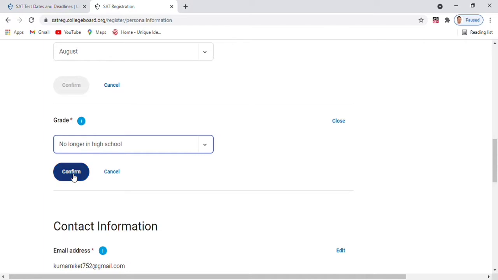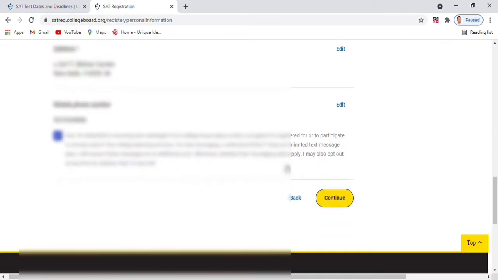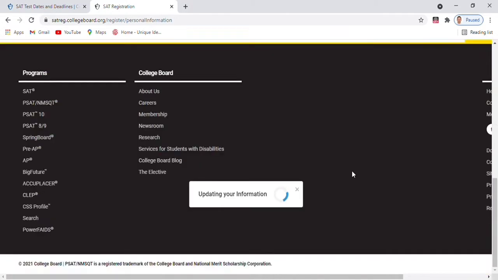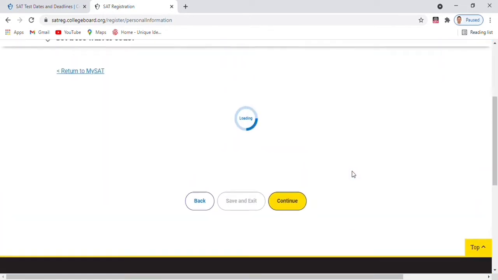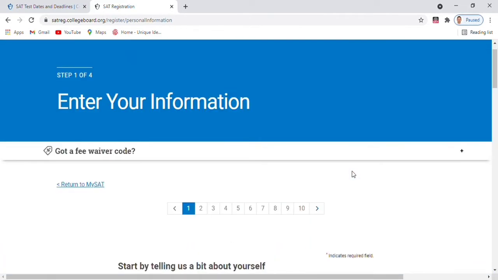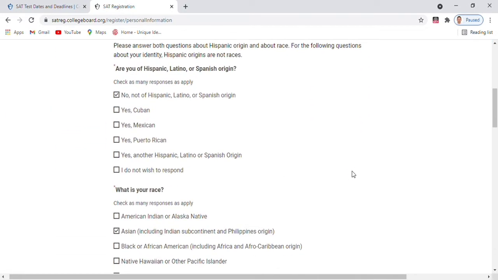I am no longer in high school, so I just type that, and after that I am going to click on continue. After clicking on continue, the new interface opens. You see, enter your information. Here we have to tell more information about ourselves.